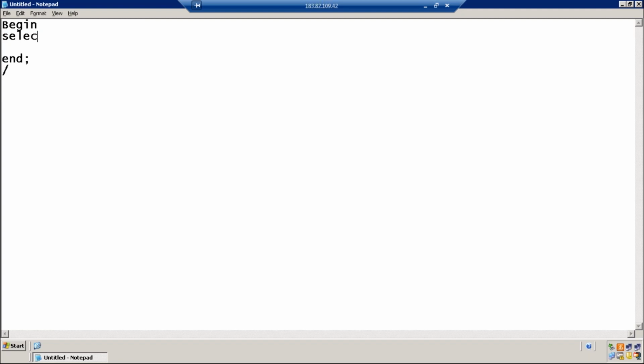Can we write select? That you are going to show today. That you are covering today, I think. Yes. So today we are learning the most important point, how to write a select statement in a PL/SQL block.